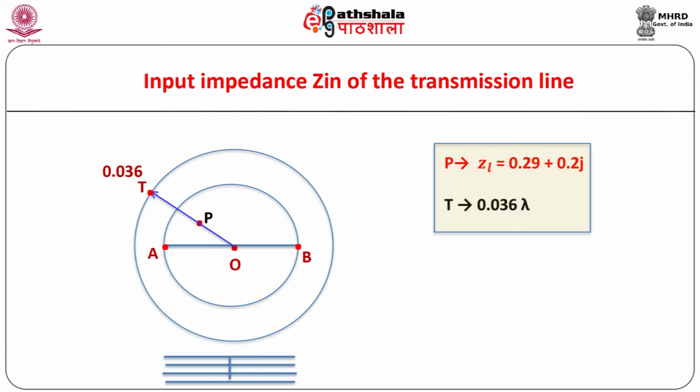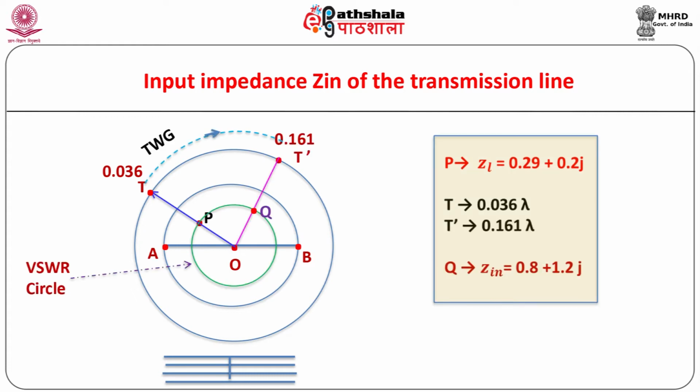The solution by Smith chart can be obtained in a very simple manner by following a stepwise procedure. Step number 1. Calculate and plot the normalized load impedance ZL on Smith chart. Let point P represent ZL. Step number 2. Join points O and P and extend OP towards P to meet the radial distance scale marked with towards the generator at point T. Note the reading at point T.